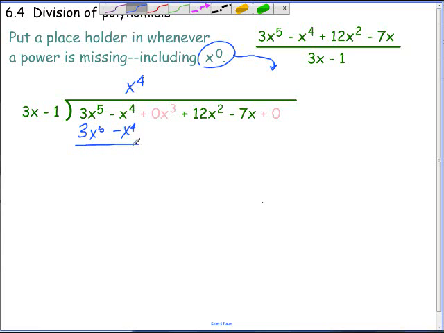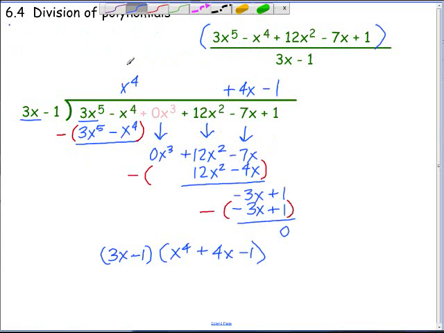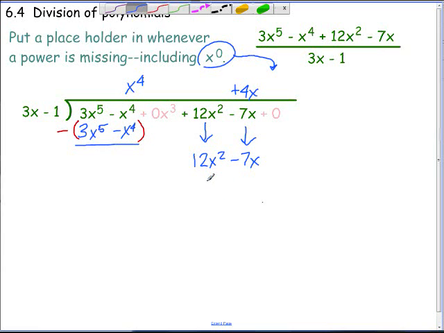Starting out looking rather familiar to us, isn't it? Looks familiar to me at this stage. Got 0, and then we bring down the 0, which isn't going to amount to anything, is it? And then this and this, which will be 12x squared minus 7x. How many times would this go in? 4x, so it's going to be right over here, and it's positive 4x. This still looks familiar. I guess where it changes is right here. Let me look back. Yes, the only difference is this one had x to the 0 power. Our new one doesn't. All right, so we've got 12x squared minus 4x